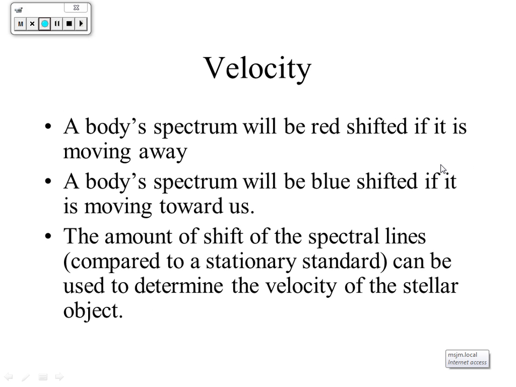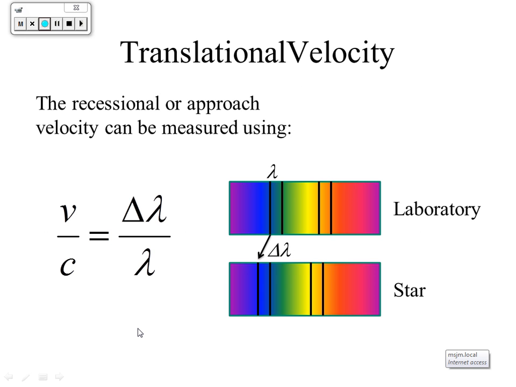Moving on. Okay. The next one is how fast are the stars moving? And we know this is to do with red and blue shift. Okay. So a body spectrum is red shifted moving away from us, and blue shifted towards us. And the amount of shift can tell us the velocity. Okay. The formula for the amount of shift, this is a very, very general formula of Doppler's law. So that actually gives you the equation for the shift. You don't need to know it. You don't have to use it. All you need to know is